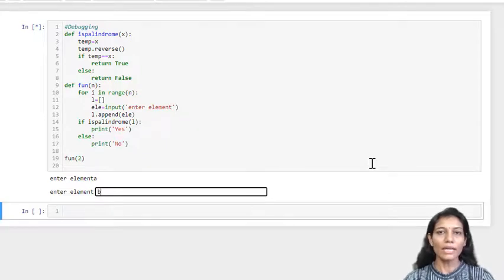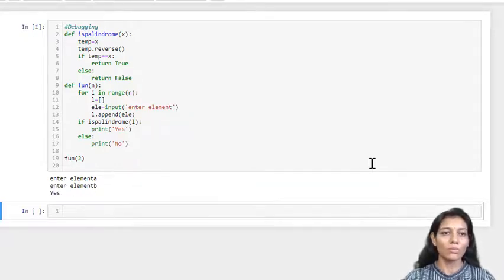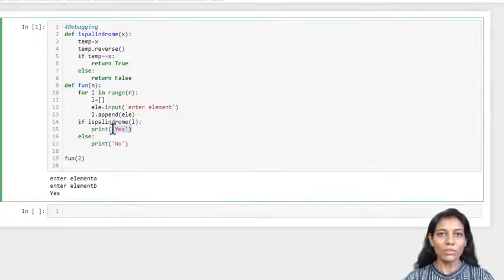So I know that A and B reversed will be BA, so it is not going to be a palindrome. So let us see what output my program is giving. Oh, it has given me yes, that means it's a palindrome. There is some problem. So now what to do? Now debugging starts. Here, we will start debugging by putting in some intermediate output.